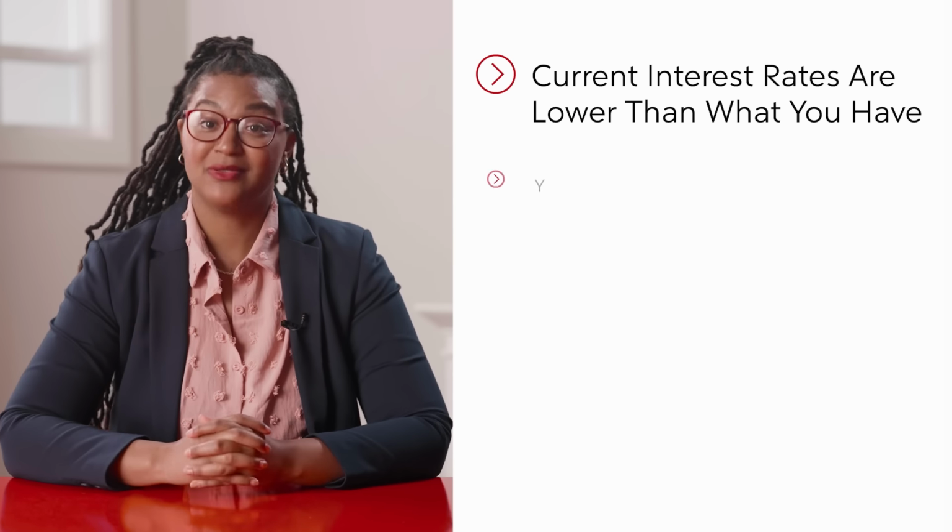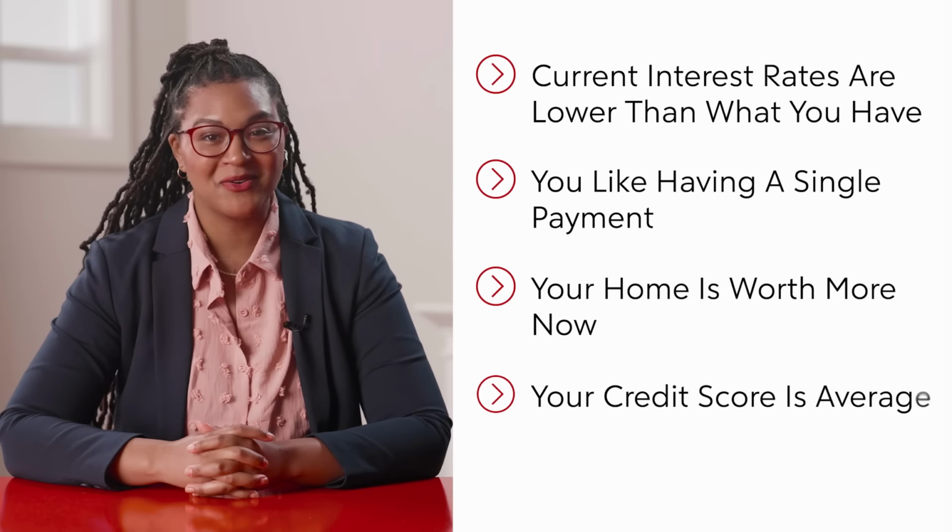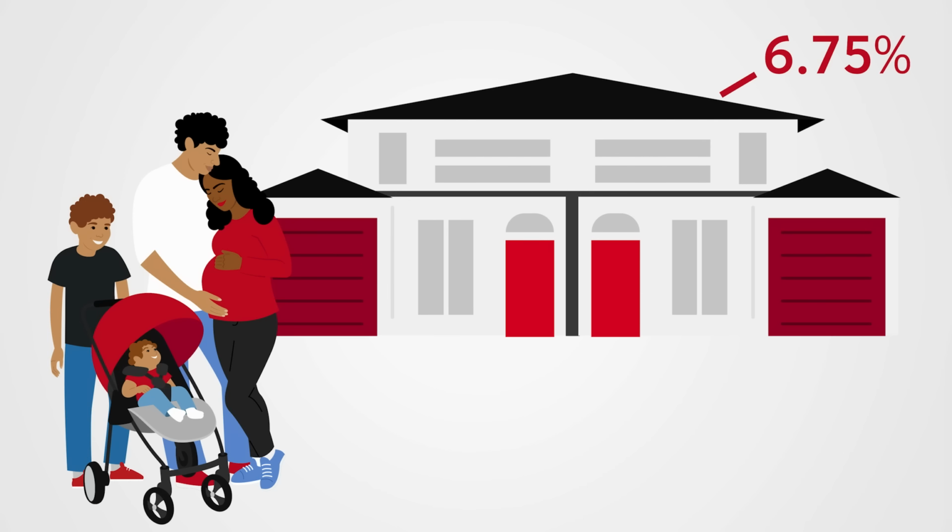Cash-out refinancing makes the most sense when current interest rates are lower than what you have, you like having a single payment, your home is worth more now, your credit score is average or above. This is Andres. Andres bought a house at 6.75%. It was a higher rate than he would have liked, but it was still the right time to buy for